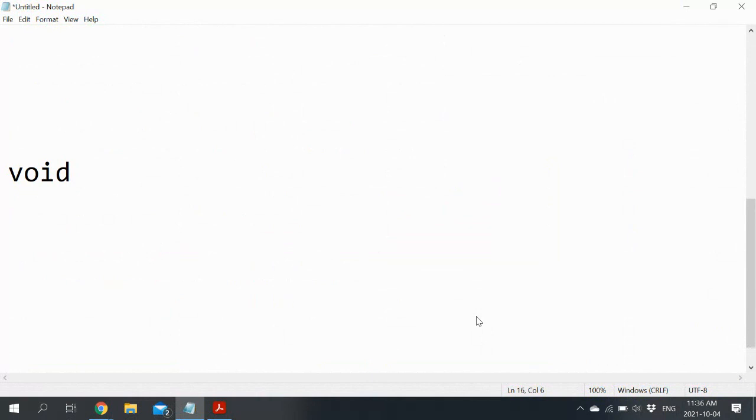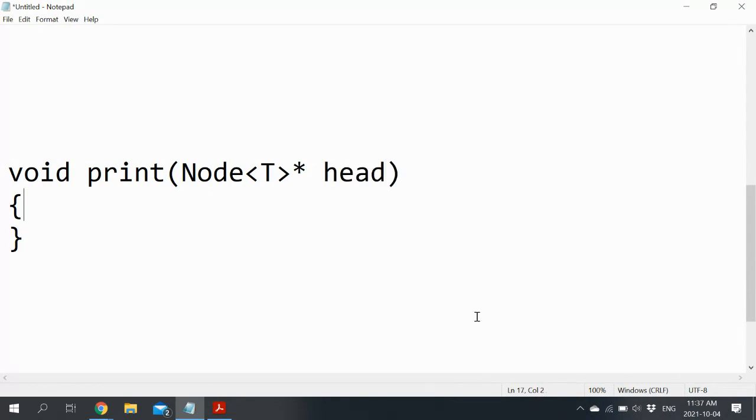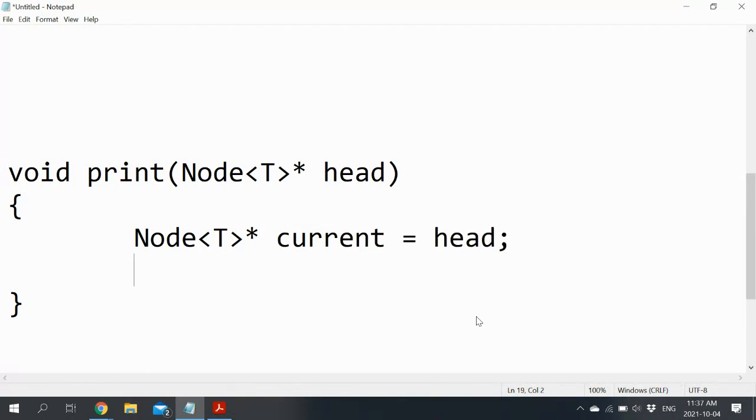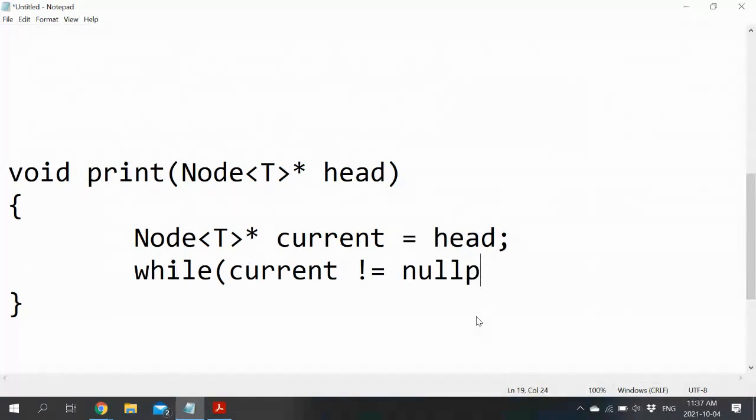I'll do it just as separate functions at the moment, but as I say, you'll usually wrap them up in a linked list data structure. So let's say we're taking a node of type T pointer, call it the head, and then we would like to print the contents of that linked list. So we will say node of type T pointer, call it current, is equal to the head. And then very importantly, as long as we haven't reached the end, so as long as current is not equal to nullptr,